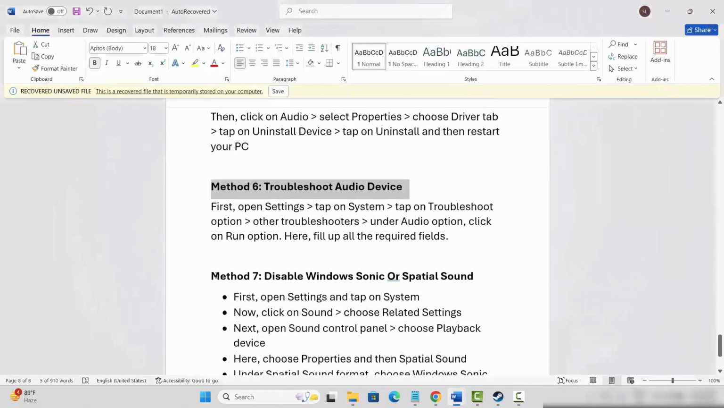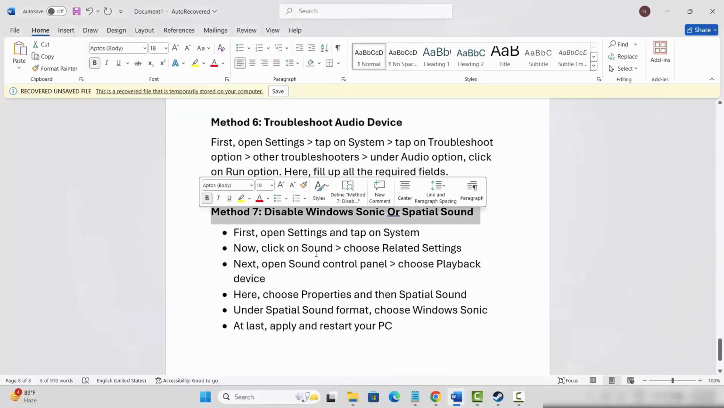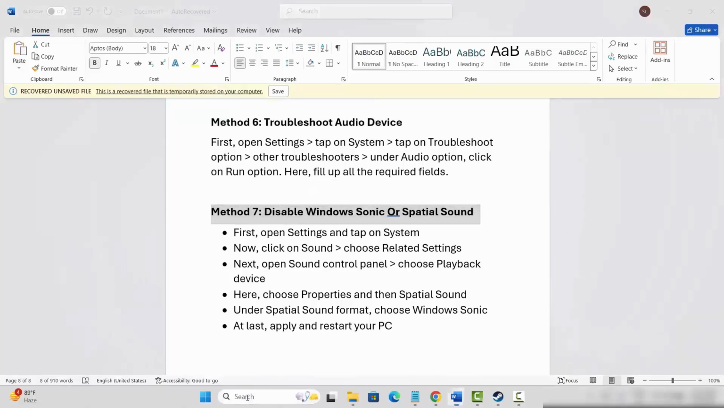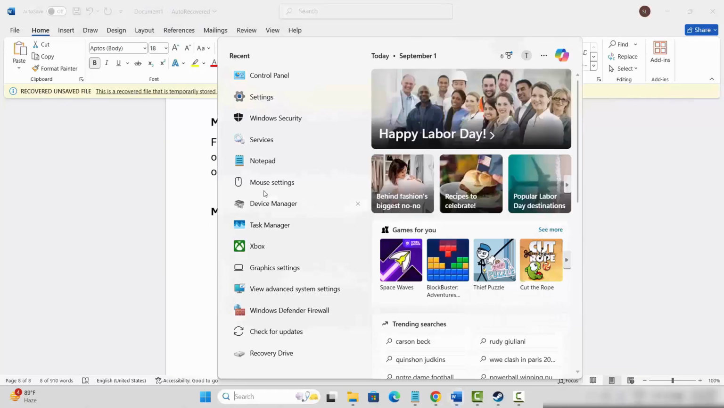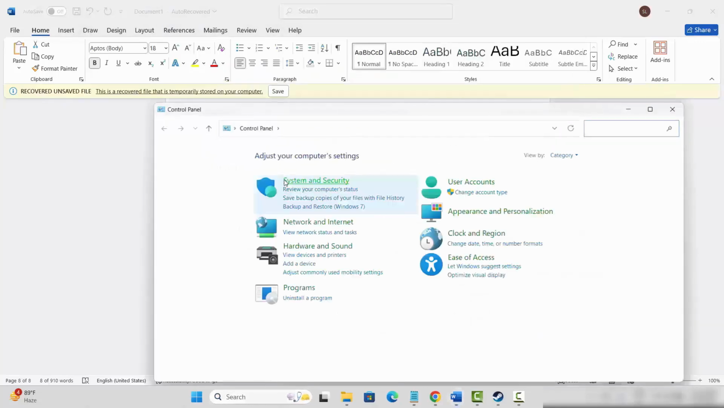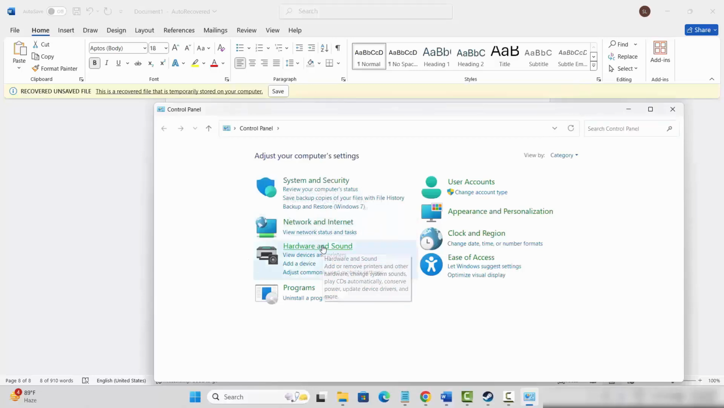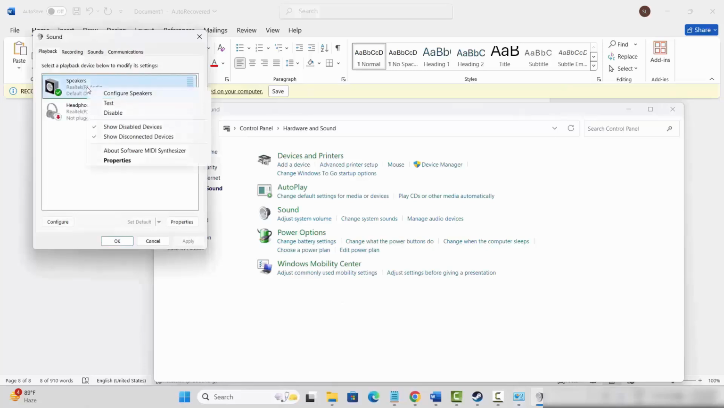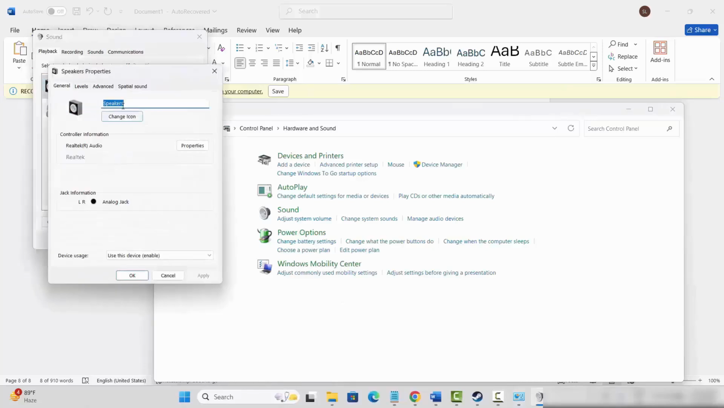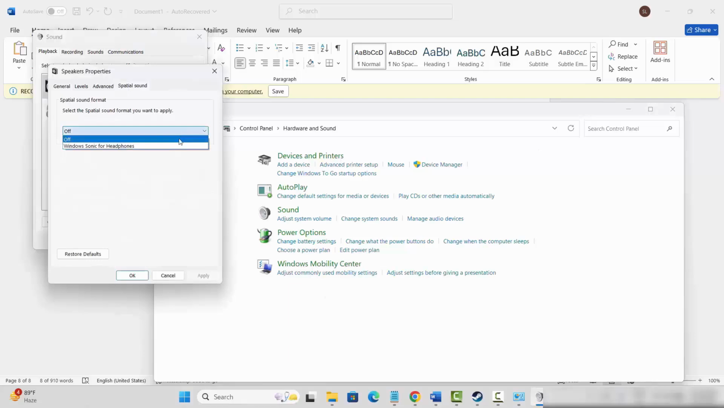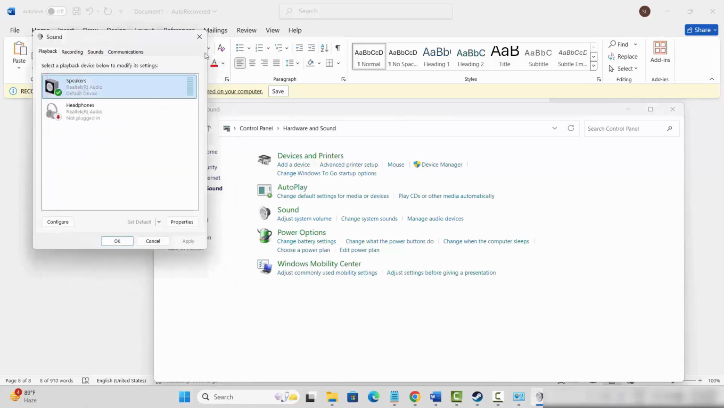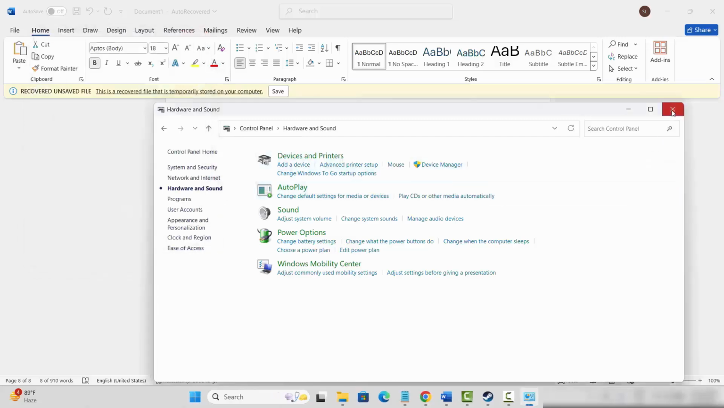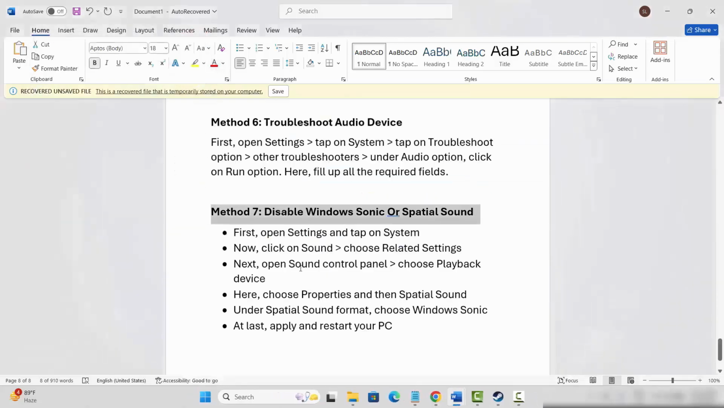If not, next is to disable Windows Sonic or spatial sound. So for that, go to the search option over here, search for control panel. Now go below, click on hardware and sound, then click on sound option. Here select your speakers, right click on it, click on properties, then click on spatial sound, and here you need to select Windows Sonic for headphones, and after that hit on apply and OK. After doing this, restart your system once and then launch the game and see if the sound issue you're facing while playing the game is